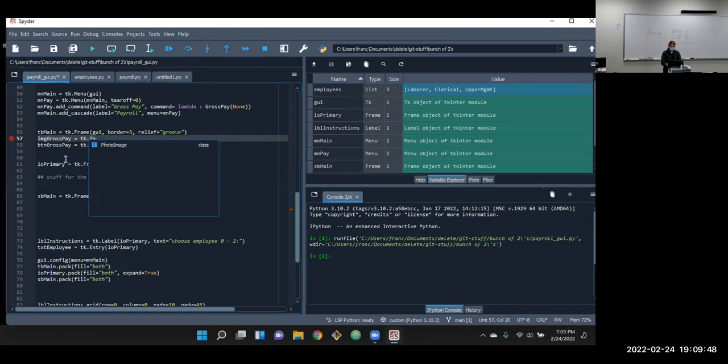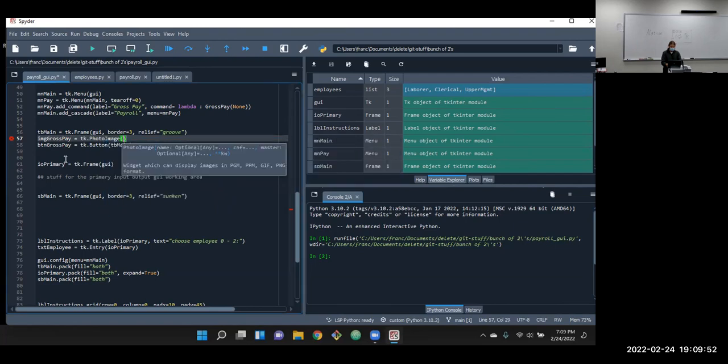So to get an image, that's a photo image, tk PhotoImage, and then what is the file name? And if it's somewhere else, make sure you just have the whole address of how to find it. Preferably relative addressing, so we can go get it. Gross.png.